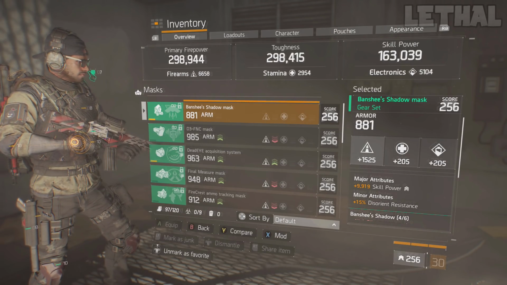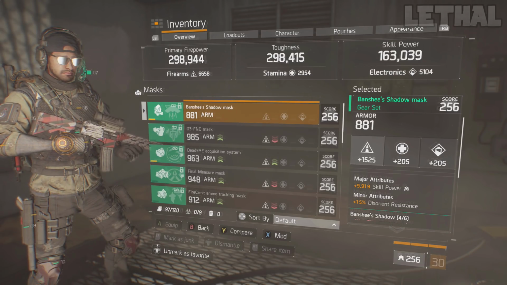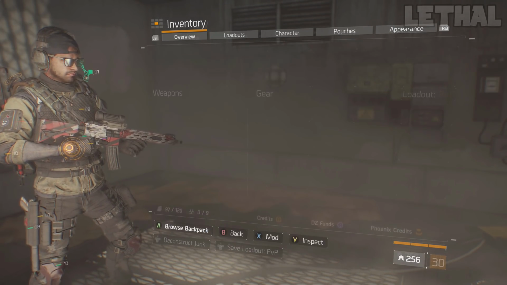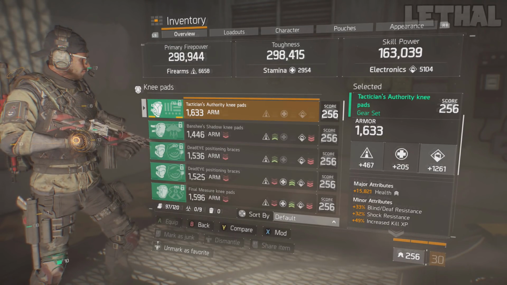The only thing I wish this mask had a little bit different was burn resistance instead of destroying resistance, because for PvP that is pretty important, and I'm also using a firearms and skill haste mod on this mask. For my knee pads, I have my only Tactician piece of gear, and what I have on it is electronics,